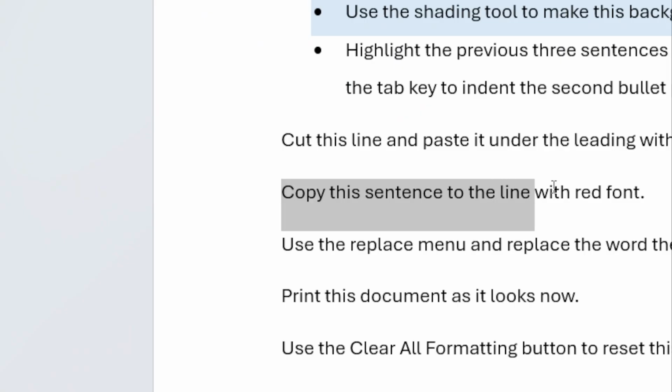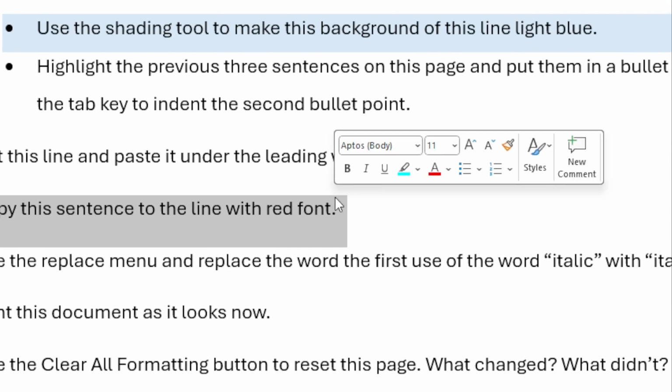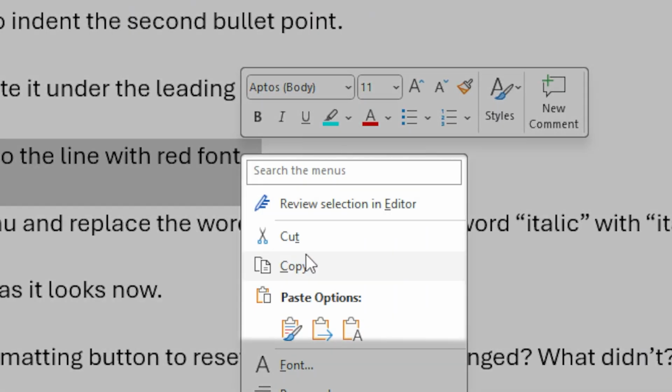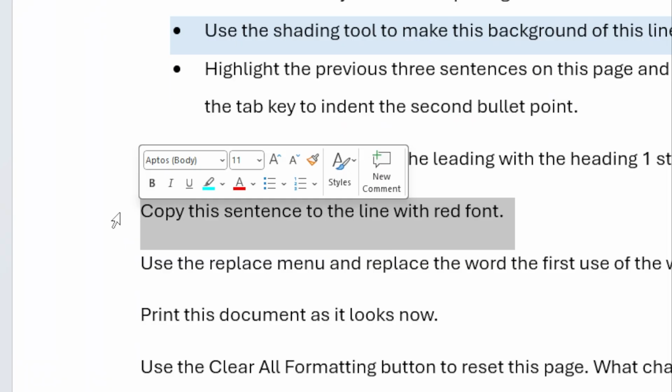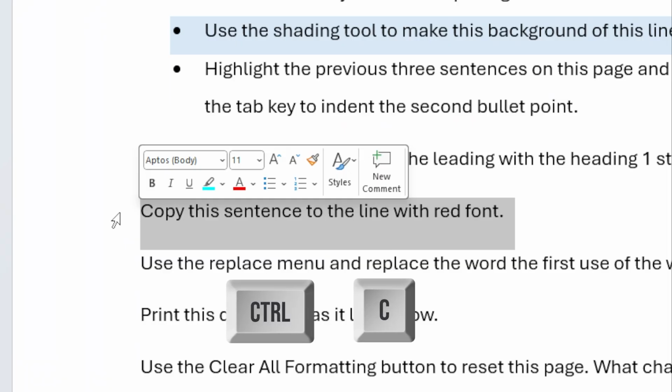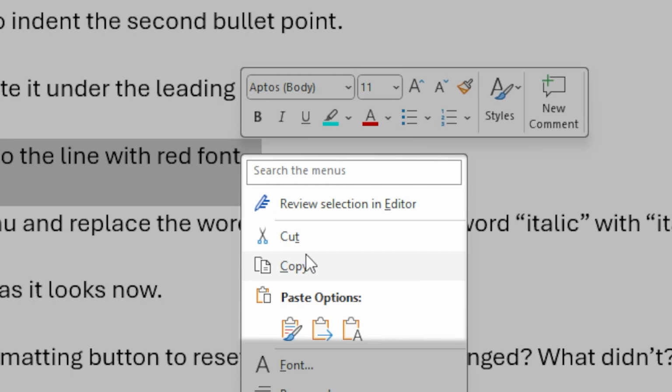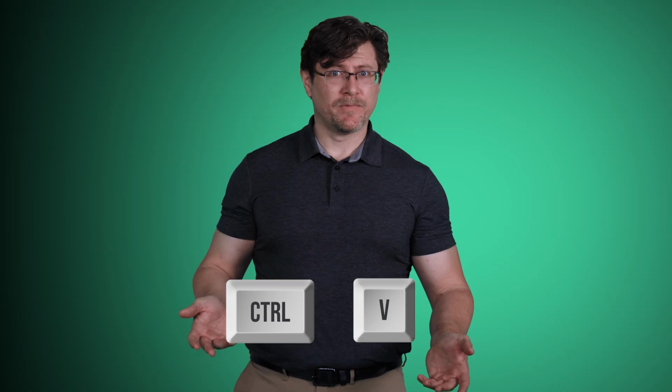Sometimes we want to copy a sentence. We can select the text using click and drag, then use either the right-click menu or press Ctrl and C to add a copy to the clipboard. If we want to remove something and put it somewhere else, we can use the Cut option instead, either from the menu or with the shortcut Ctrl and X. Whether we copy or cut, the text is now on the clipboard. Then we can paste the text with the same right-click menu or with Ctrl and V.